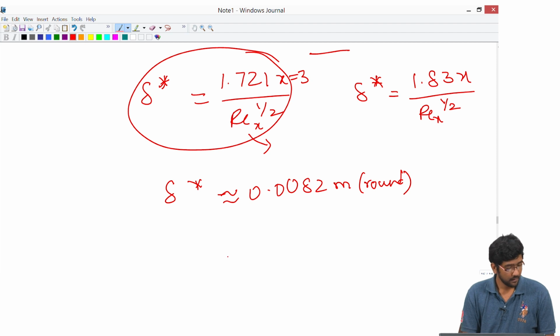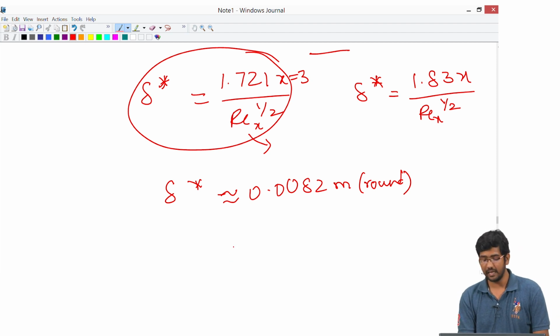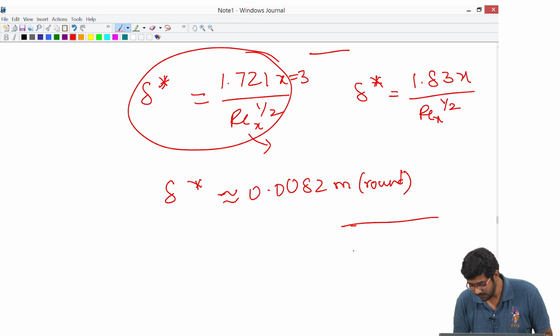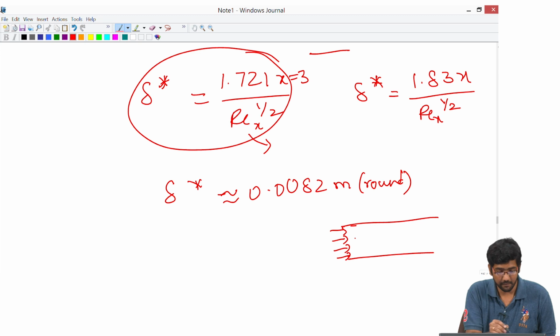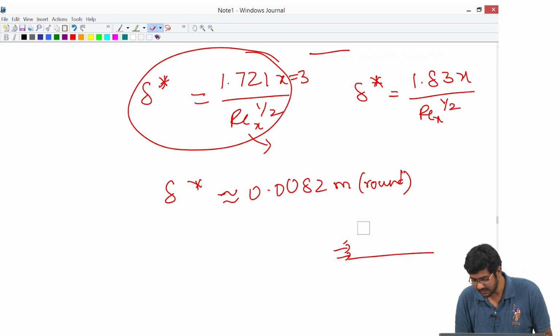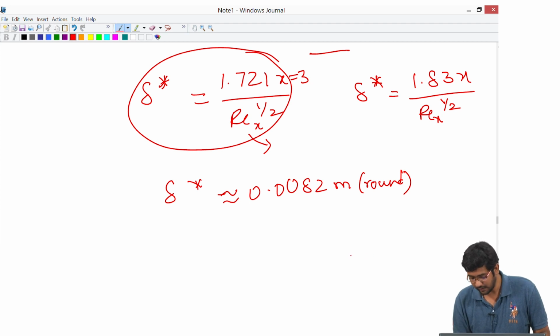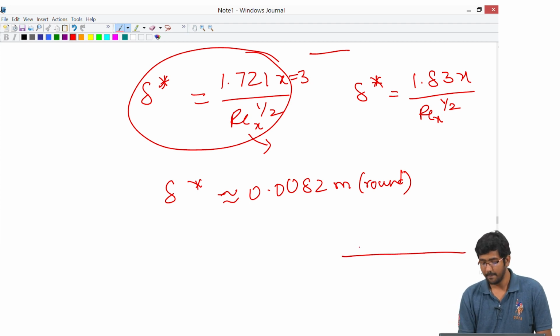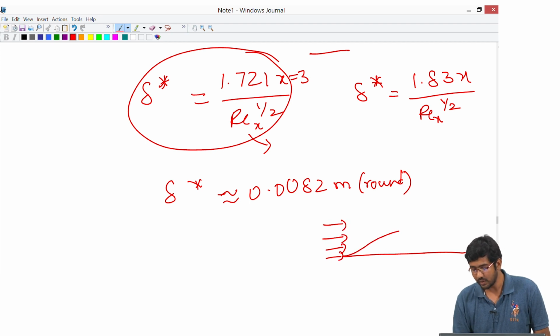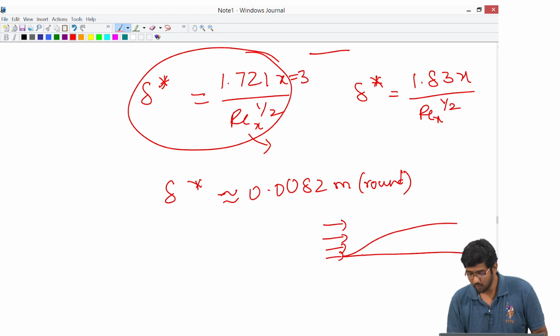So, now we need to impose the continuity equation. Let us look at the geometry again. We have a fluid entering. Even before that, let us look at what is displacement thickness and how we can use it to understand how to impose the continuity equation. Suppose you have a flat plate and the fluid is entering. We know that there will be a boundary layer development, and displacement thickness is the measure to quantify the amount by which the outermost streamline gets displaced.